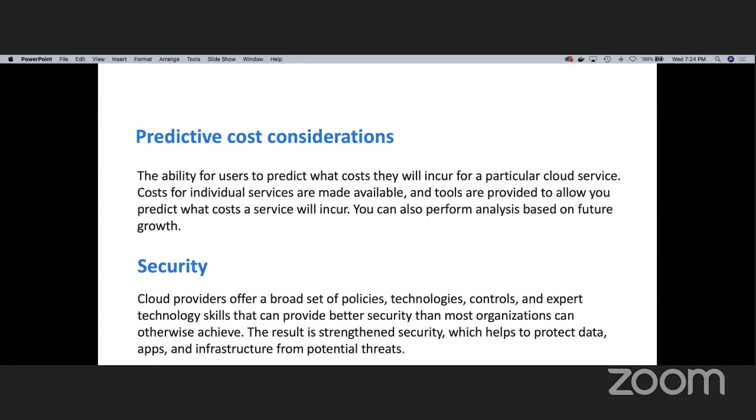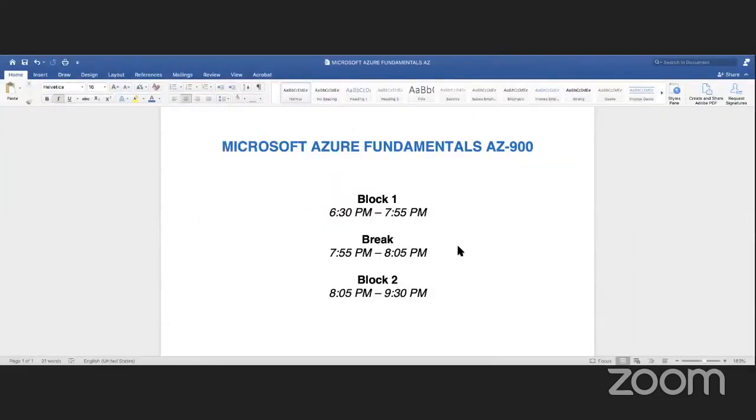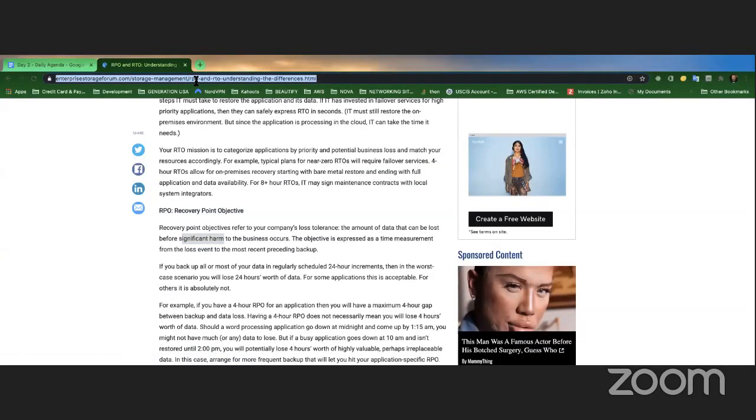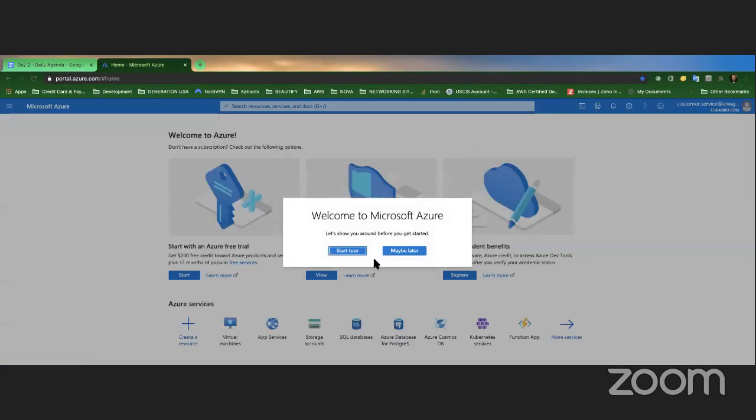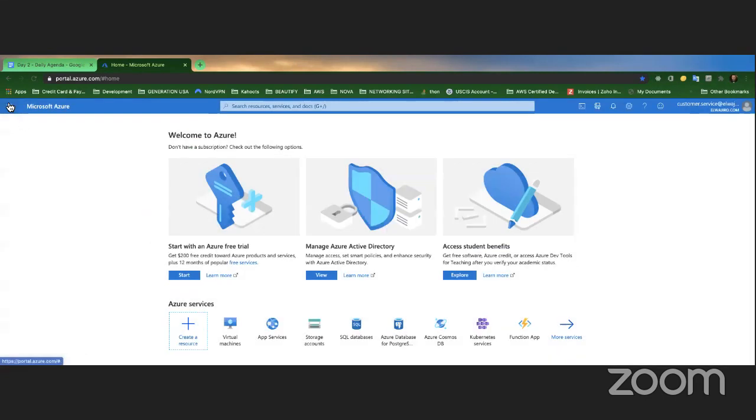So predictive cost considerations is the ability for users to predict what costs they will incur for a particular cloud service. Costs for individual services are made available and tools are provided to allow you to predict what costs a service will incur. And you can also perform analysis based on future growth. So if we come here to the portal, and then I come here home,